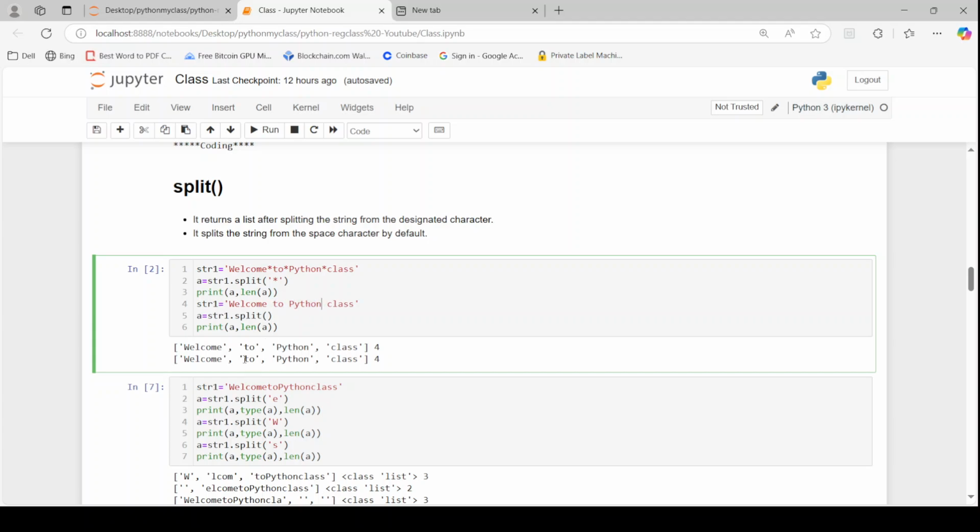Okay, 2 has already been placed here separately, and onto the right hand side of the space character you have Python, that will be kept here separately as a third element of the list. Then between Python and class, here you have the space character. So this space character will be split from the string from this particular position. Onto the left hand side, Python has already been placed separately, and onto the right hand side of the space character, you have class that will be kept here as the fourth